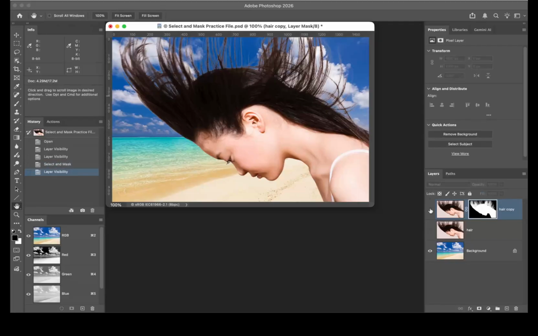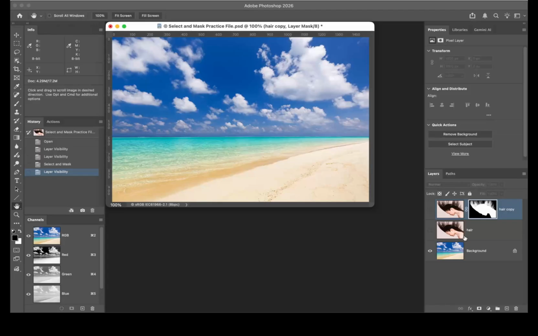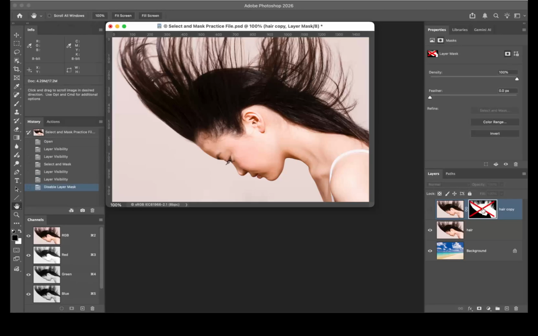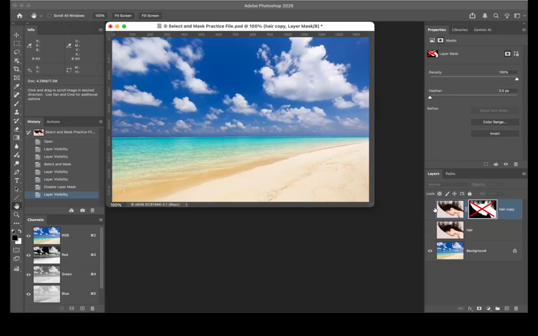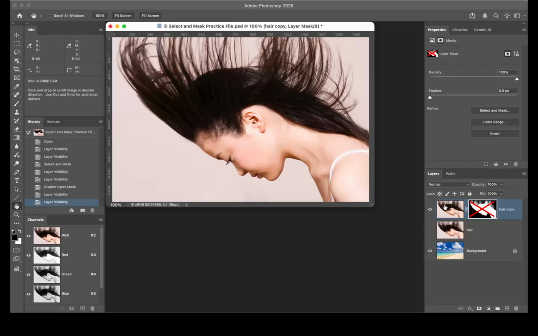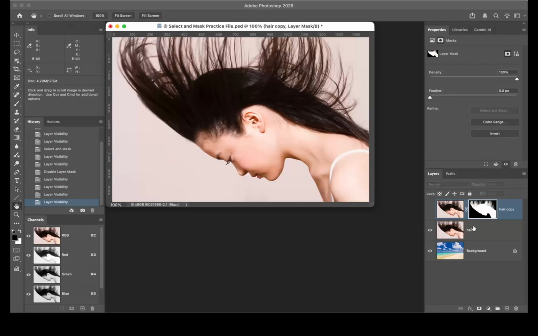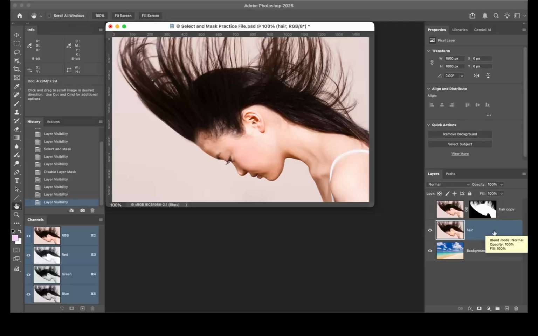I'm going to turn off the layer that we just did. I'm going to turn on the original. Again, we said we want you to make a second layer with a mask. The mask is not destructive. If you hold down the Shift key and you click on it, you can see it's still there. It's completely intact, so we didn't do any damage. Click on that again, turn it off, turn this one on, select the original layer, and we're going to go